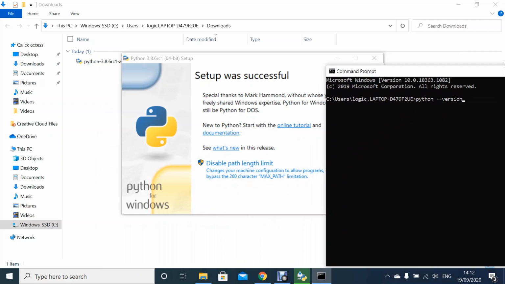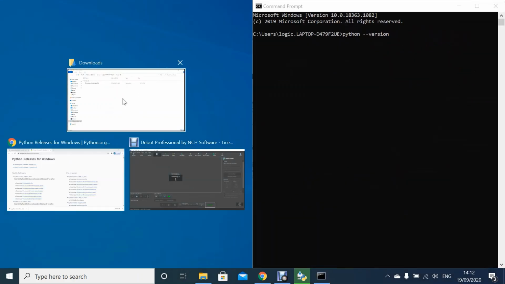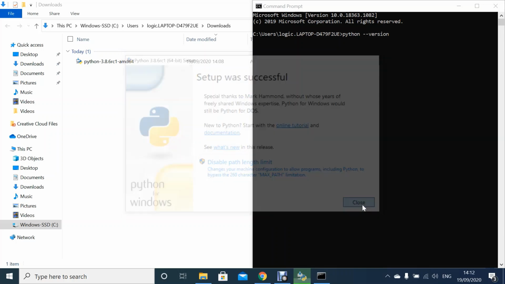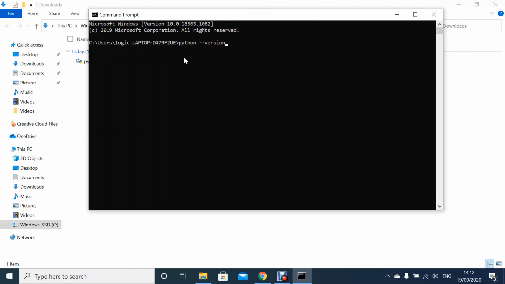Now, for me, it's now installed. It took a moment, but it was able to do it. So here you can see that it says setup was successful, and you just want to close that tab, and now Python has installed in my system. Now I can run this command where it says python --version, and I click enter, and you see that